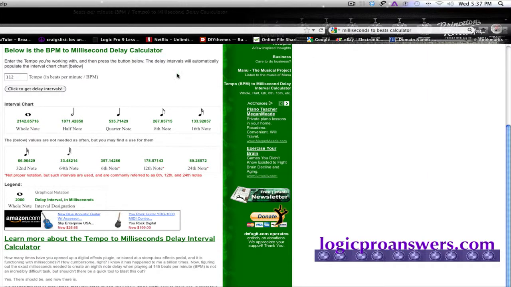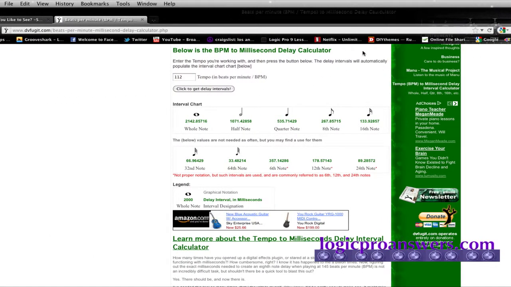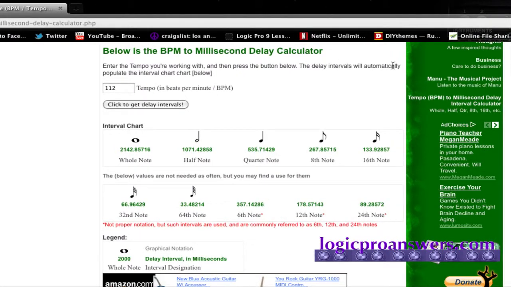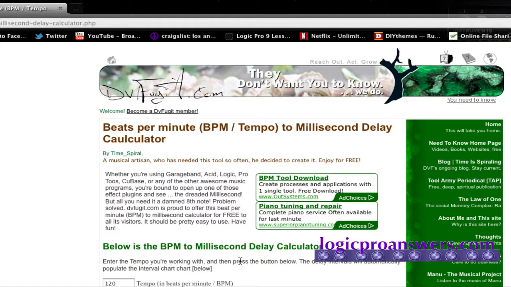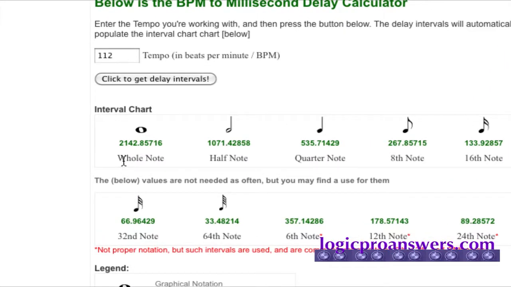And what happens is you'll come up with one of these calculators. There's several of them online, and they're all pretty much equally good. And a millisecond to beat calculator is going to give you a millisecond value at a given tempo. So for example, at 120 beats per minute, a whole note is 2000 milliseconds. So our song being at 112, we're going to type in 112 and we'll see that a whole note is